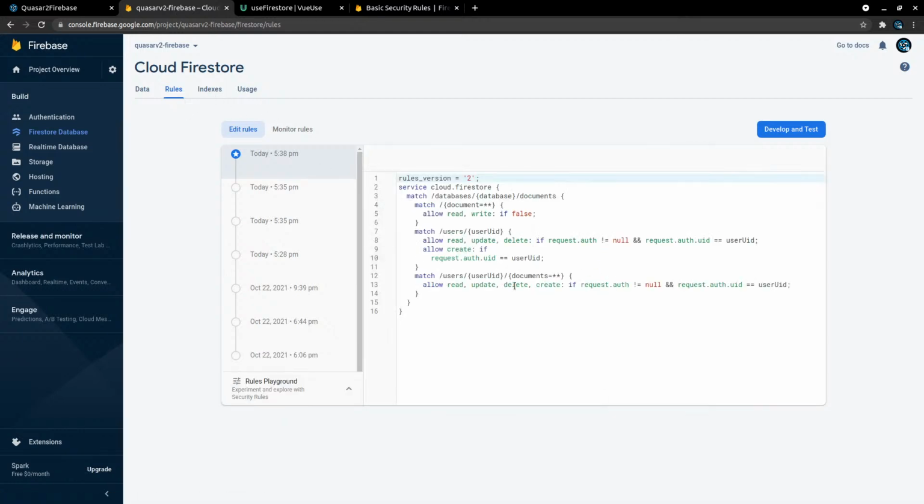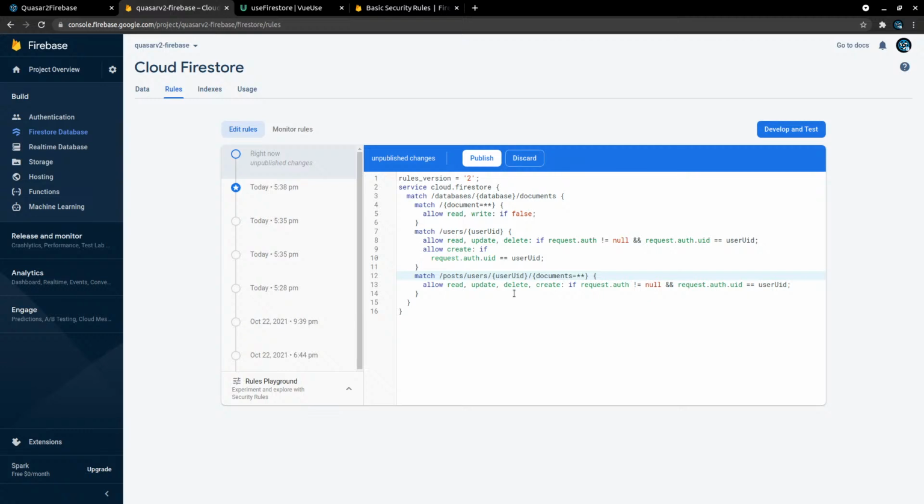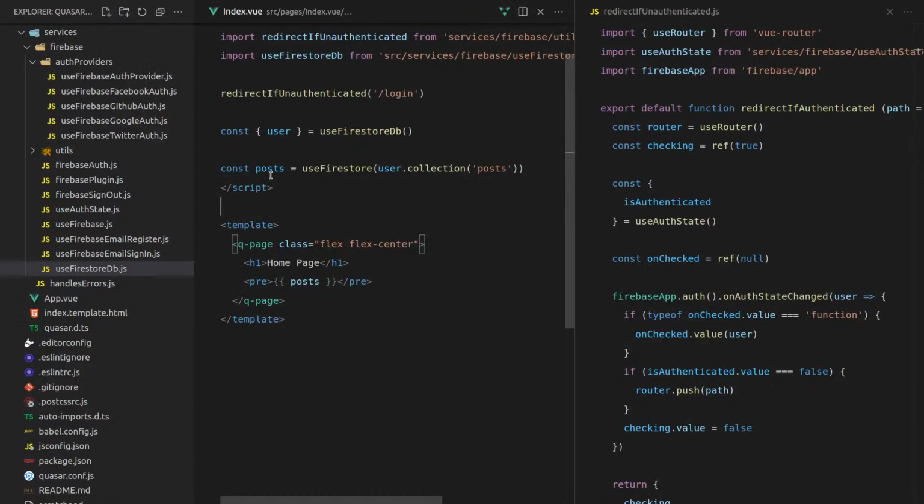to be able to come into the rules and basically say posts / users, get the user ID, and then all of this is just the same, I guess. So let's try publishing that. And then at this level, posts is not going to be the user collection. It's actually going to be, so we'll pull out DB from there instead. And we'll say,